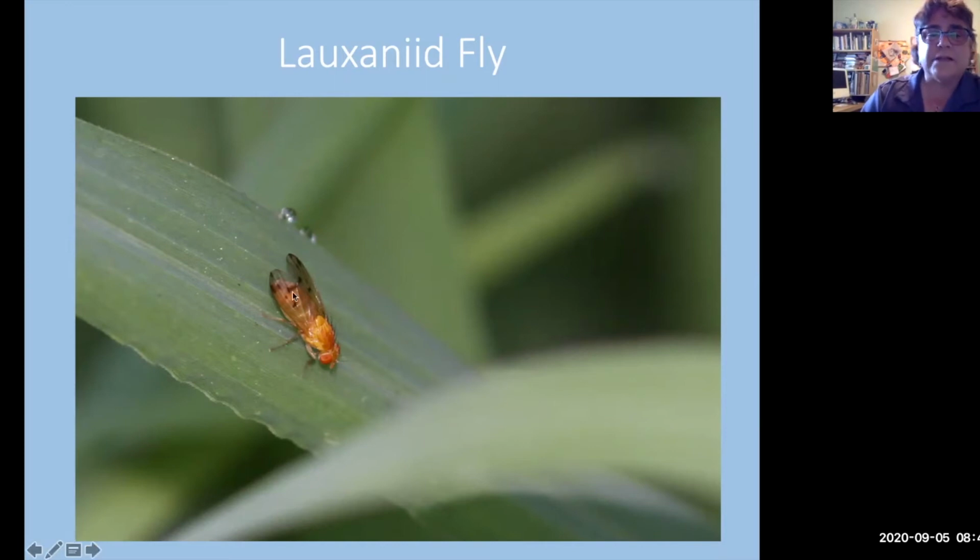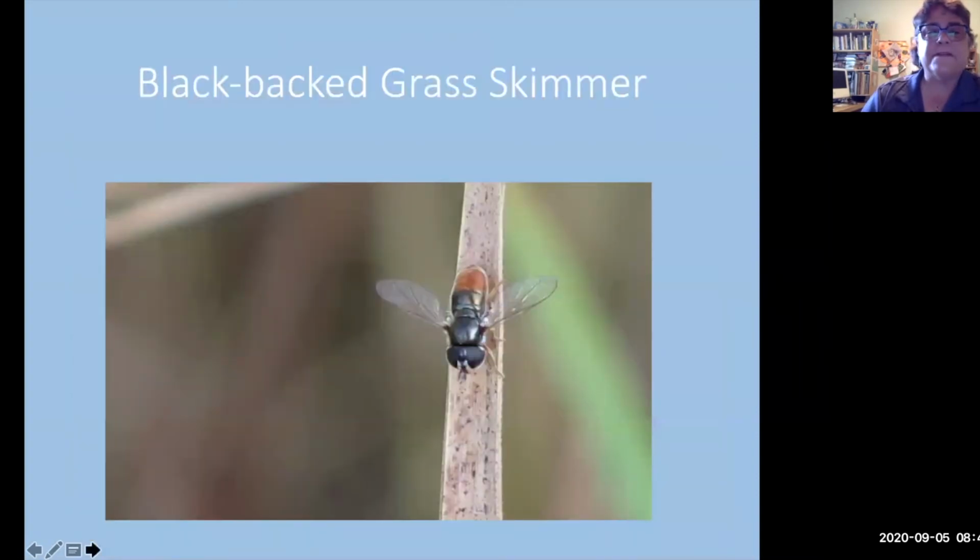So this is a loxodonid fly, very beautiful. Look at that beautiful wing pattern, good color. All flies have their eyes in front here and 2 little antennae that come right off in between their eyes. This is a black-back grass skimmer, lifer for me. I keep a life list of flies. Okay, yep, that makes me a nerd, but it's beautiful. Look how beautiful this is.